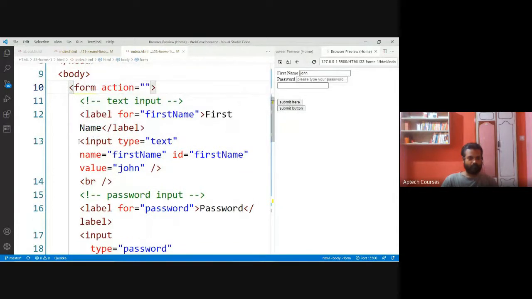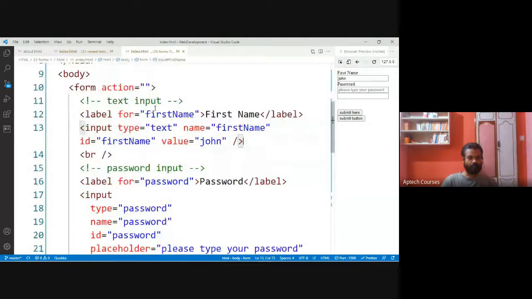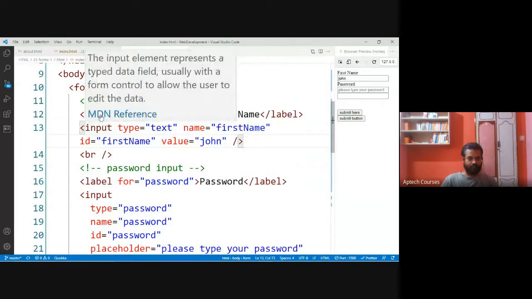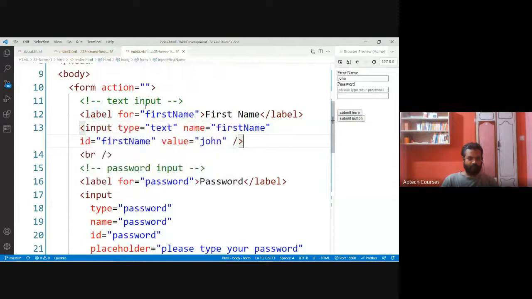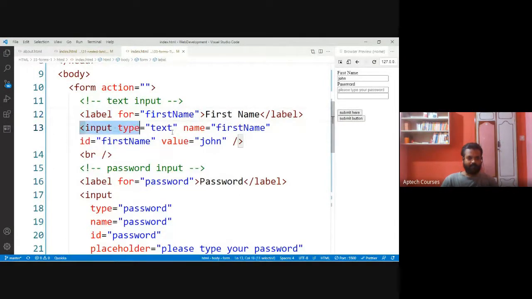To name this input tag, we are using this label tag. For representing this input tag, to represent this element, we are using this label element.